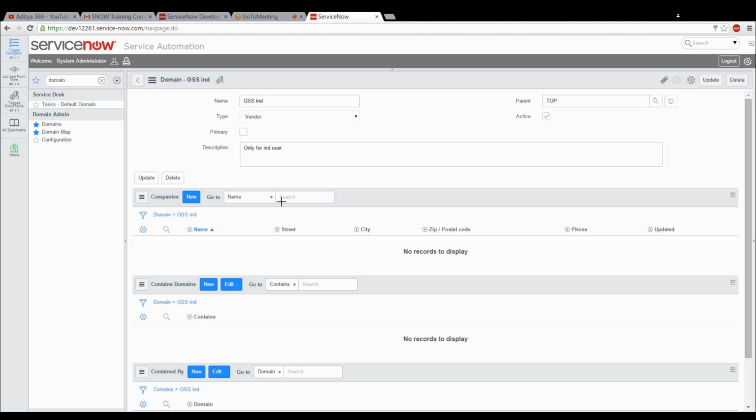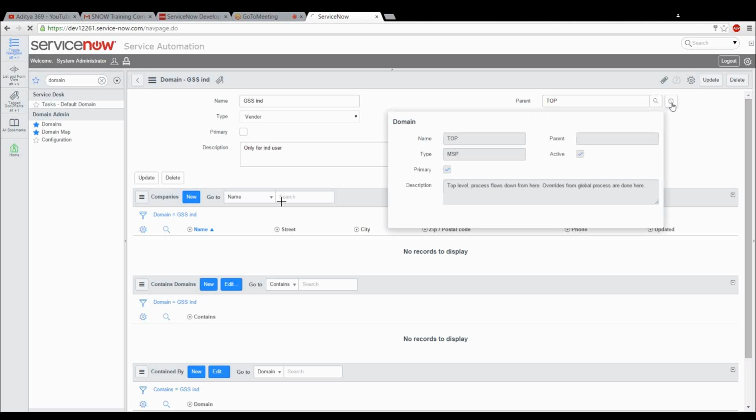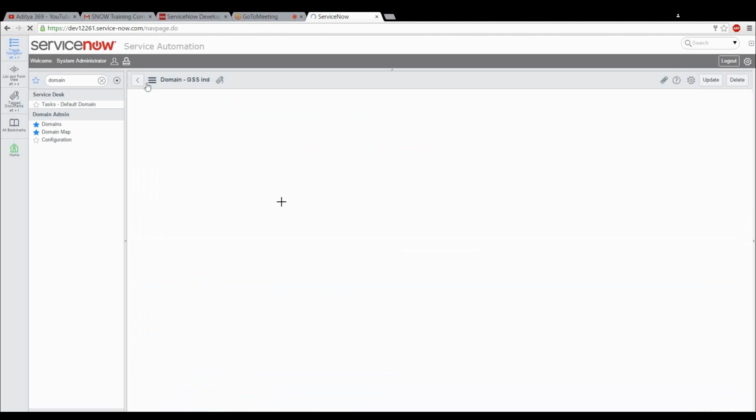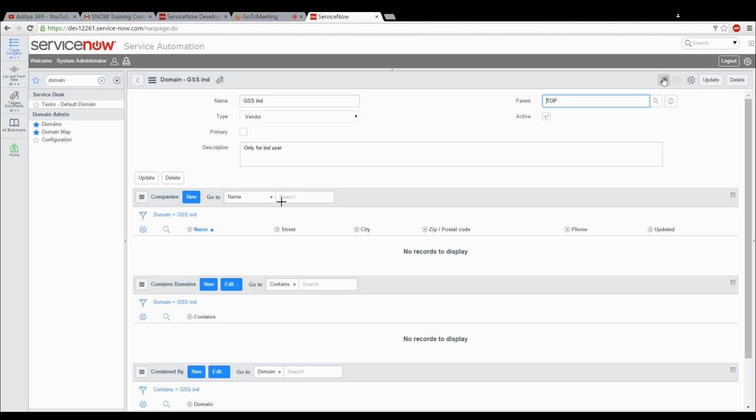Have you clicked? We didn't see any data. I'm getting a new tab here when clicking the lookup. Where is it? Not that one. Before that, there is a magnifier icon, right? Not that one, Chandu.